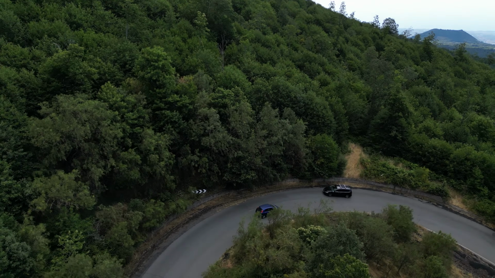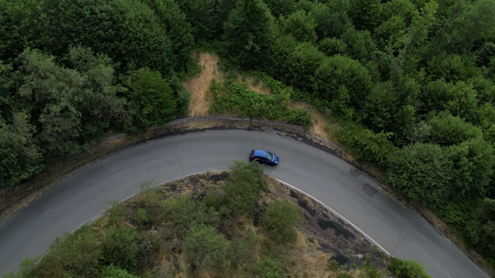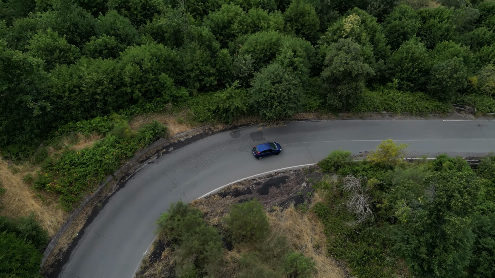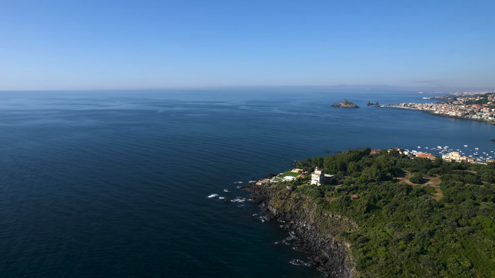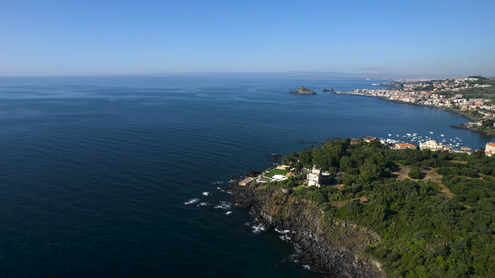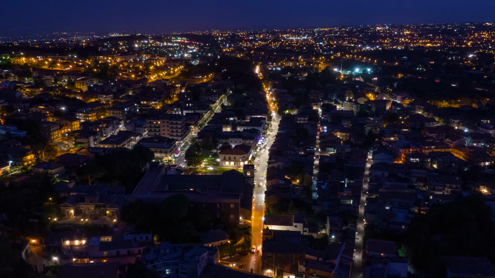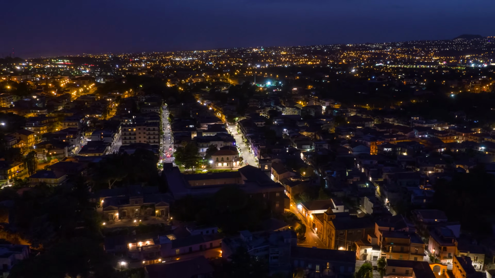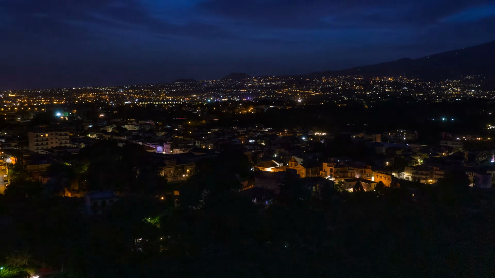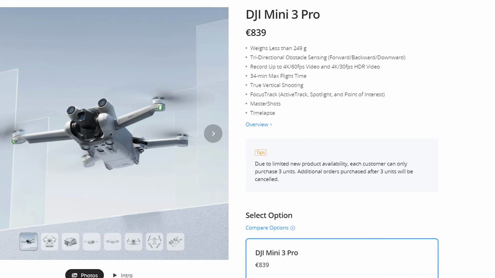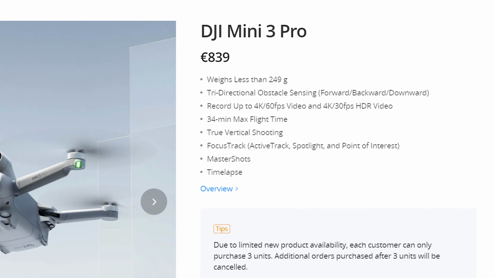Compared to the Mini 2, the Mini 3 Pro offers tridirectional obstacle sensors at the front, back and bottom, tracking capabilities, the excellent intelligent flight modes grouped under the name of Focus Track, Spotlight, Active Track and Point of Interest, Master Shot and Hyperlapses. The Mini 3 Pro is much more expensive at €830, but it is in a different league in terms of